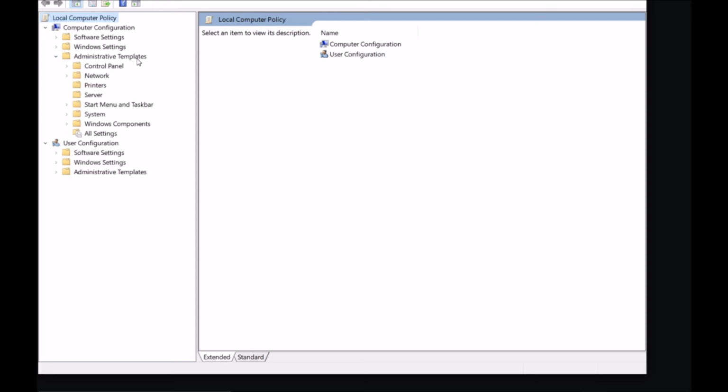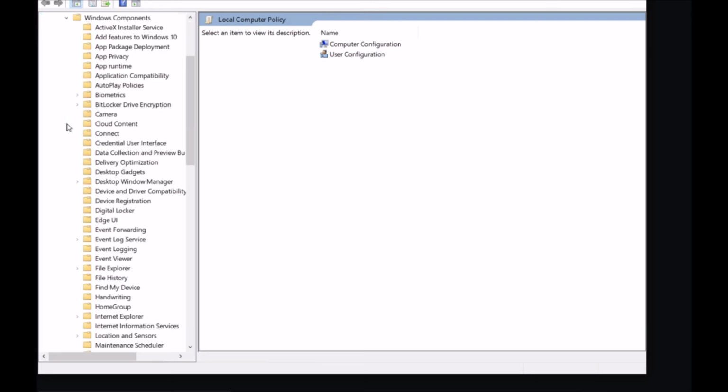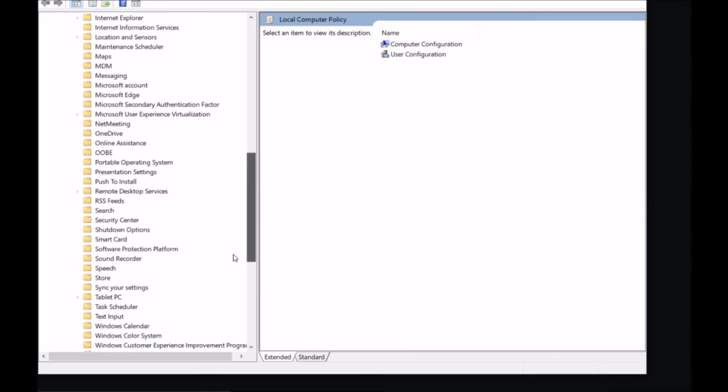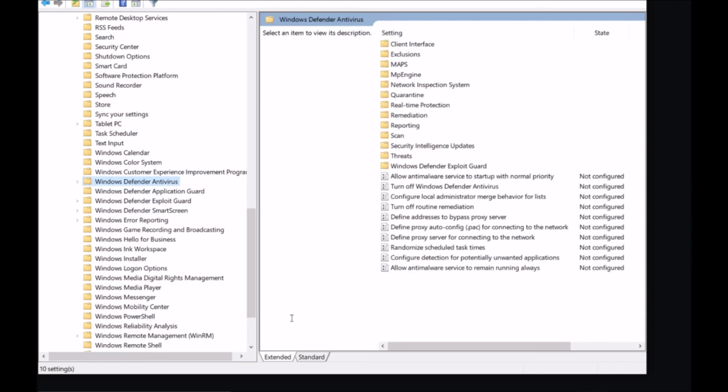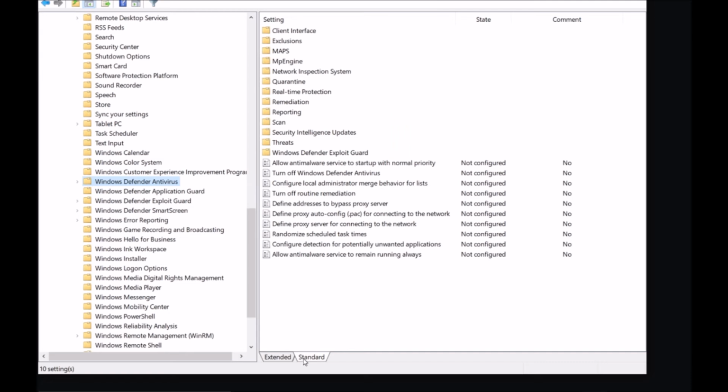On administrative templates, Windows components, then scroll down all the way to Windows Defender Antivirus. Just click on it, and you may want to select the standard tab here. And we have turn off Windows Defender Antivirus. It's not configured by default.